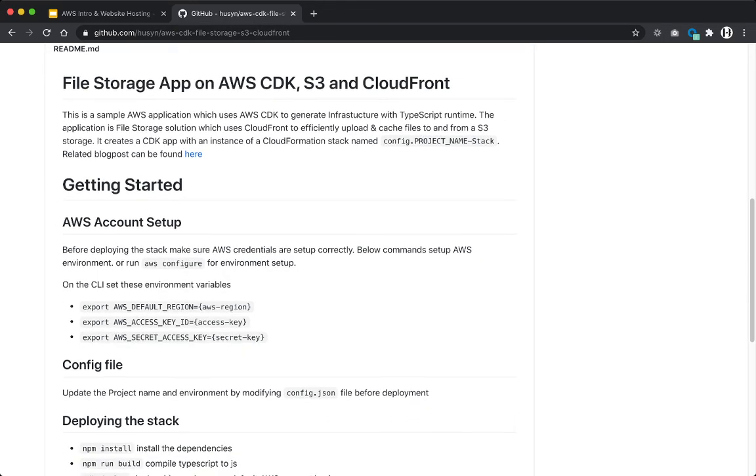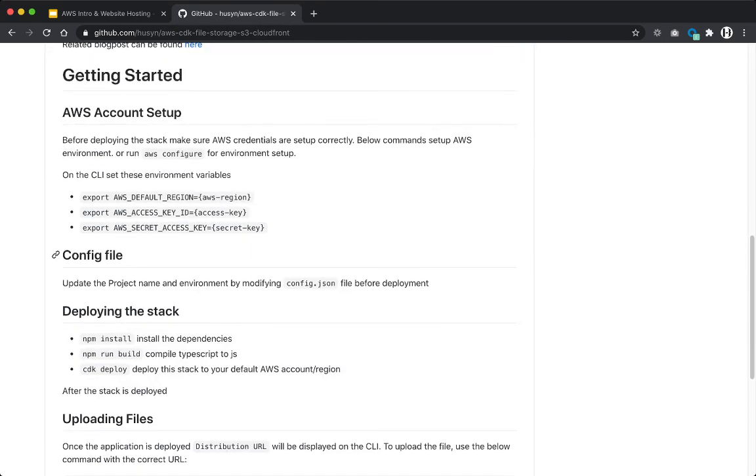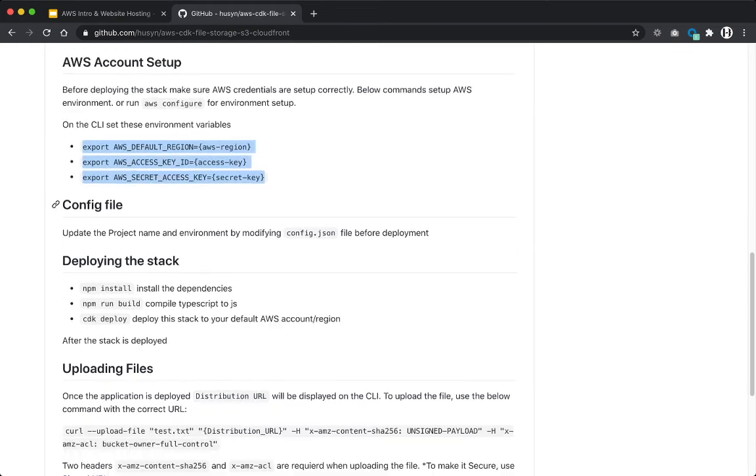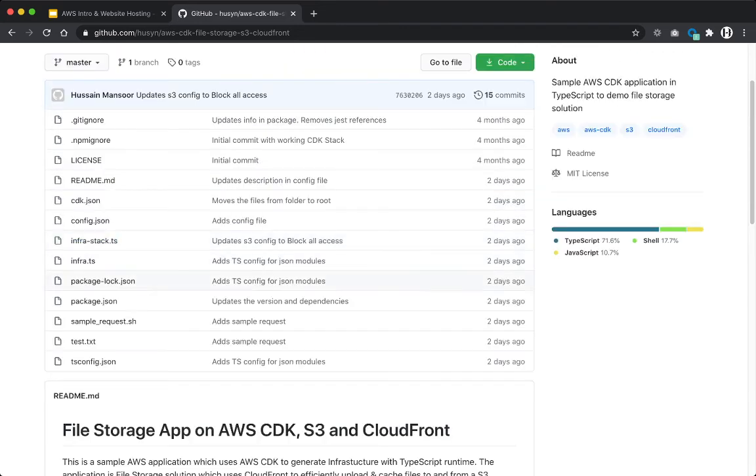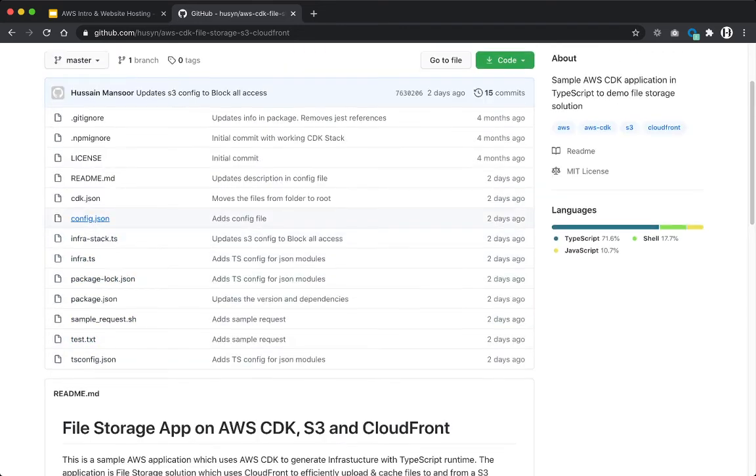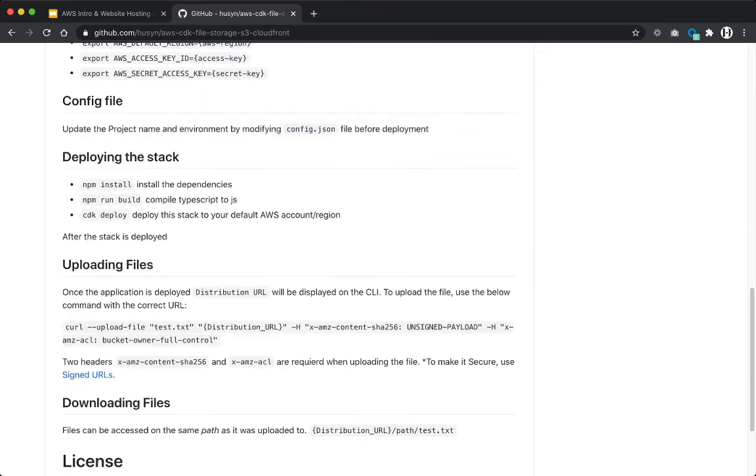Okay, so these are all the things which you need. You have to create a user in your AWS account. There is a config file already, which is here, so you have to modify it according to your project. And then you need Node, because the CDK uses Node. So you need Node to build this particular application. Okay, and then you have to